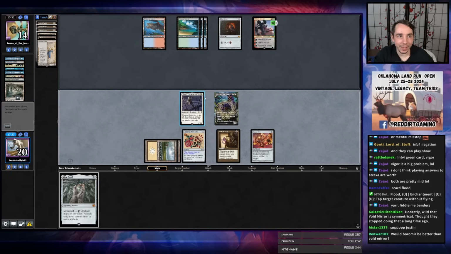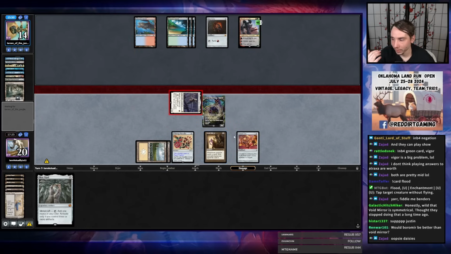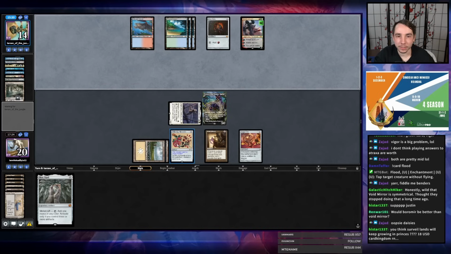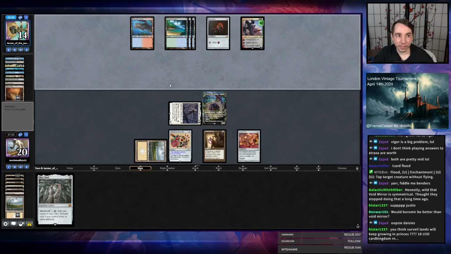I still can't play any of these 0 drops because of my Void Mirror. It's not actually Void Mirror's fault, right? It's really my fault. I shouldn't have cast Void Mirror. Casting Void Mirror was just wrong. So now my opponent gets to Strip Mine another Plains and then buy back a Strip Mine. And I have to play through it from here. Playing through it from here shouldn't be that big of a deal. I can get rid of this Void Mirror and start...